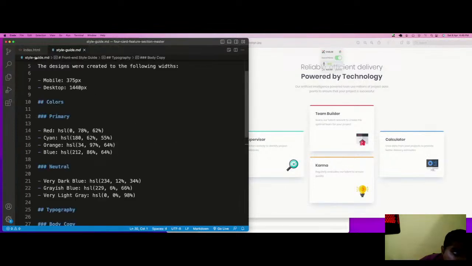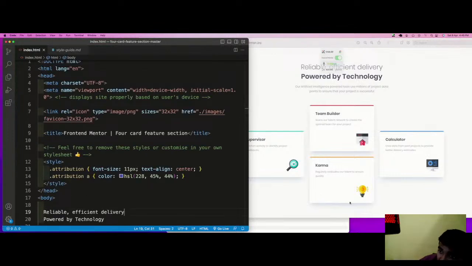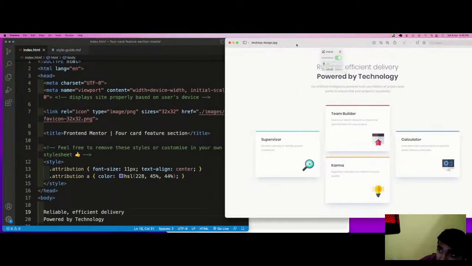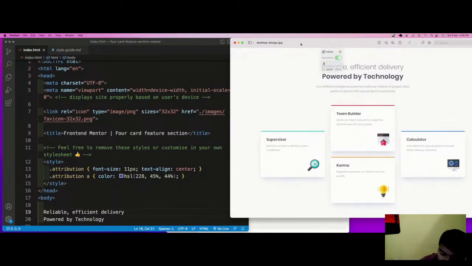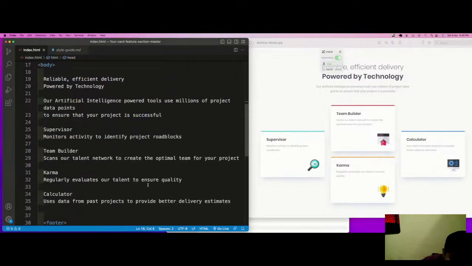Now in the style guide, the blank index HTML, all the contents which are present here, they have asked to use that. Rest except this, they have given nothing. So that is how it goes. Now first, let us quickly design the HTML first, and then we will quickly jump into the CSS.